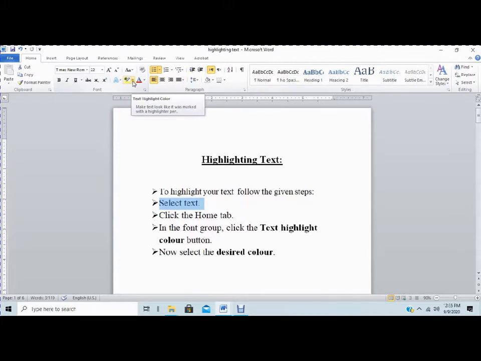When I click on this arrow, you can see the color palette available over here, different colors. I can select any of my desired colors to highlight my text. So I will select yellow color from here. Now you can see I have highlighted my text.